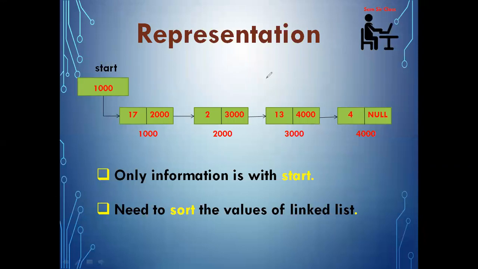If you have not watched the video on selection sort, kindly watch that one so that you will get an idea of what selection sort means. Now for selection sort, we will assume that one of the nodes has the minimum element, and we'll compare the rest of the elements with that minimum. If any node has a smaller element than the minimum node, then I need to update the minimum variable.